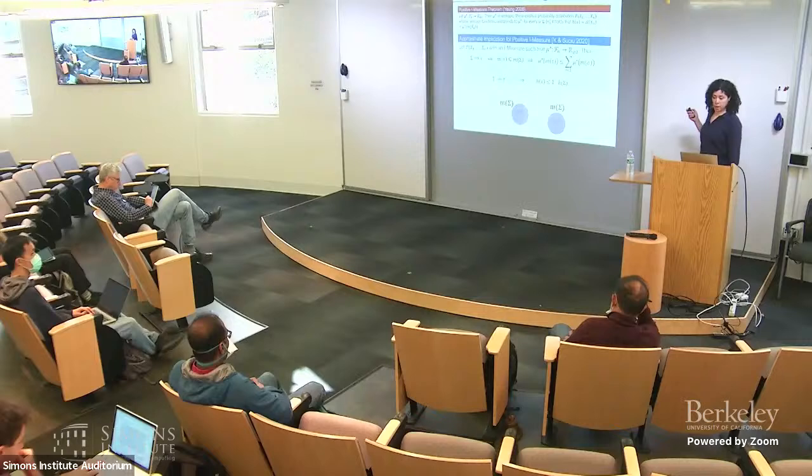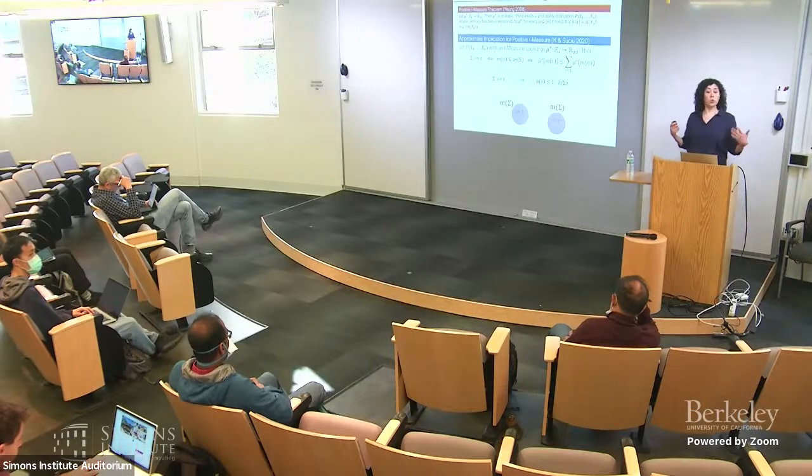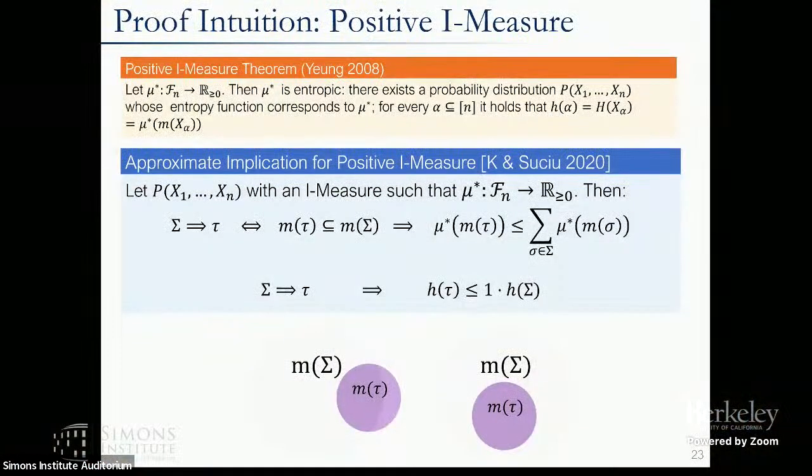Okay. So in this case, we can almost immediately say that we have approximate implication with a lambda equal to 1. Why is that? If we have exact implication, then it must be the case that the set associated with tau must be a subset of the set associated with sigma. Why is that? Suppose it is not, and the figure here is a little too light. Then I can assign every atom in sigma the value 0, and assign some atom in tau a strictly positive value. I'm going to assign it the value 1. And then basically we see that